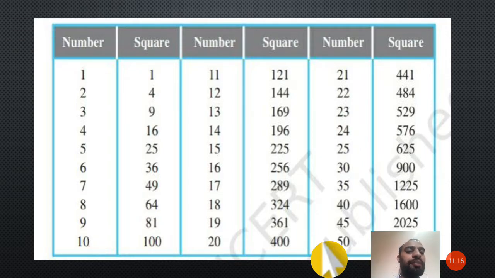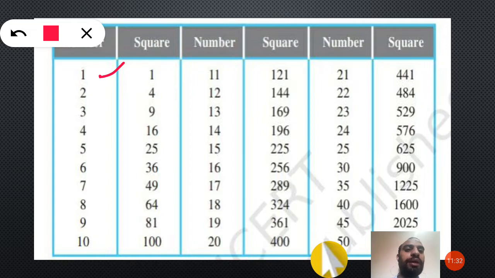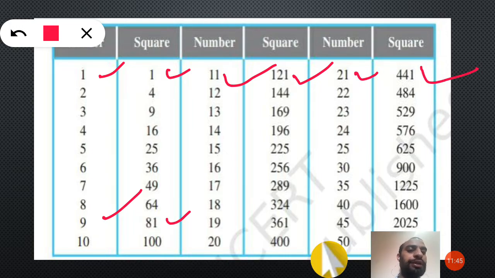But here it is not meant to be memorized. This table is for understanding. How can we say how many times we are getting 1 at the unit place? You can observe from here. If we square 1, we get 1. If we square 9, we get 81. You can see in how many cases we have 1 at the unit place. Like 11 squared is 121, 21 squared is 441, and 19 squared also gives it.